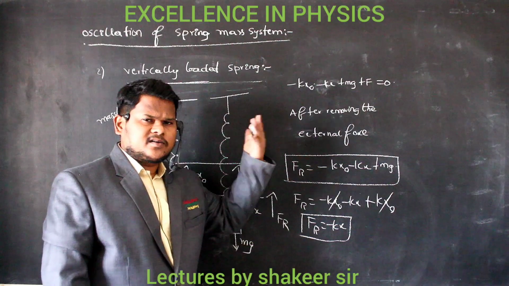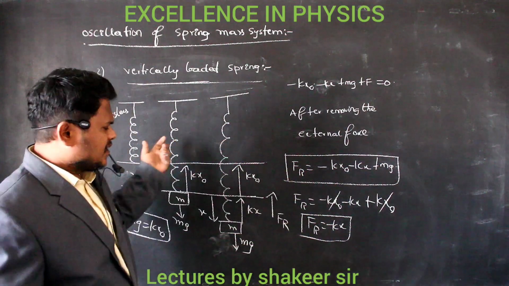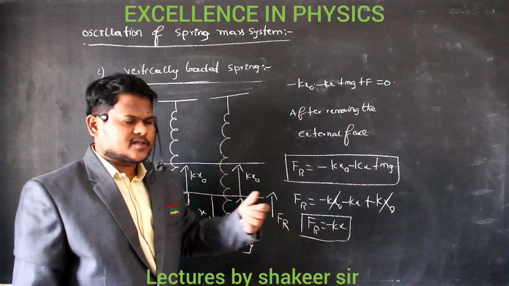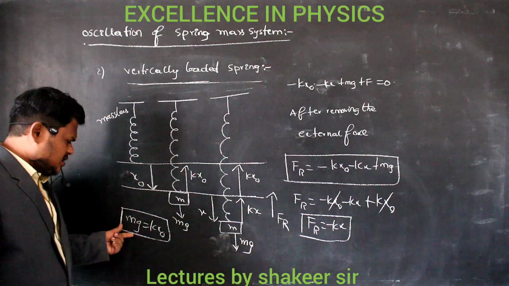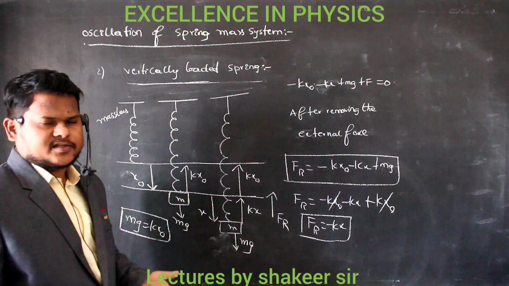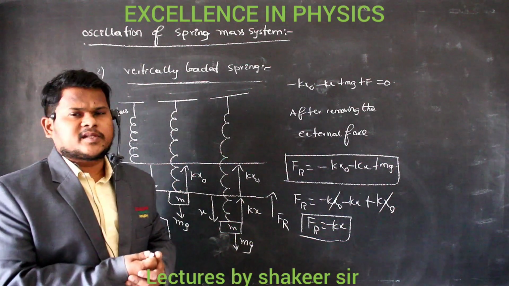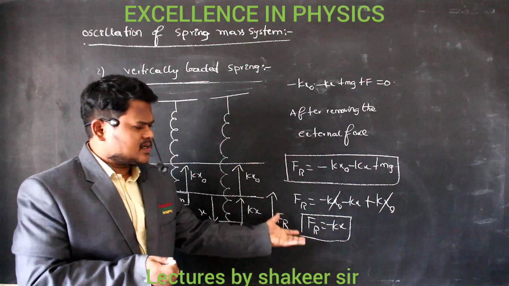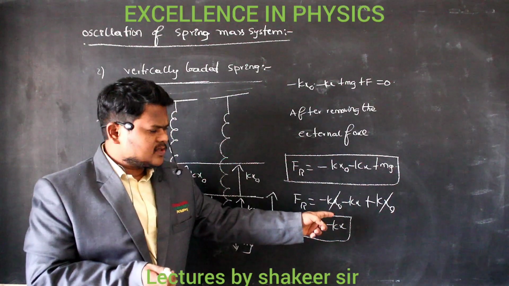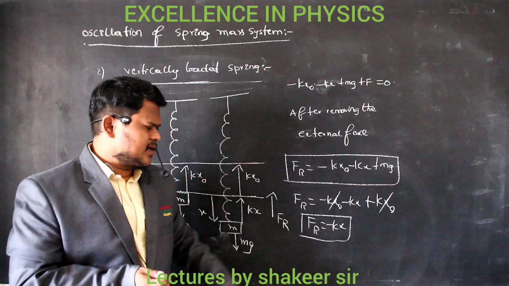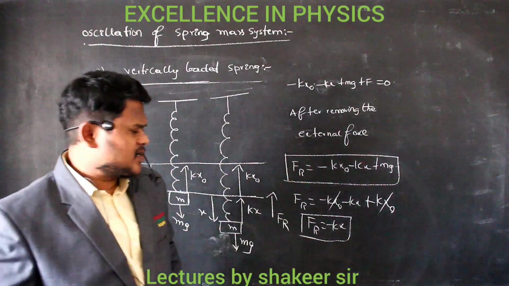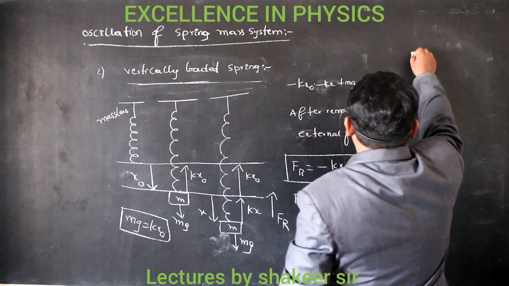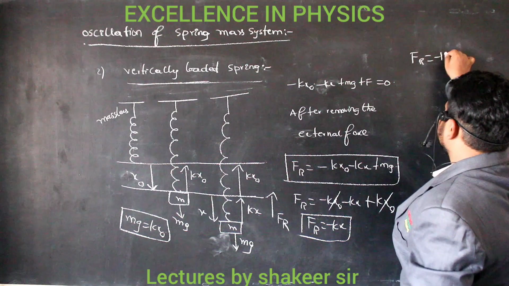This was the same result which we have studied previously, no? In the first type of explanation, what we said is that mg and kx naught are always balanced, so we have neglected that term there. But here, by using Newton's laws, we are solving this one. And again, these two forces get cancelled and I will get again restoring force is equal to minus kx. Clear? So the restoring force is equal to minus kx.